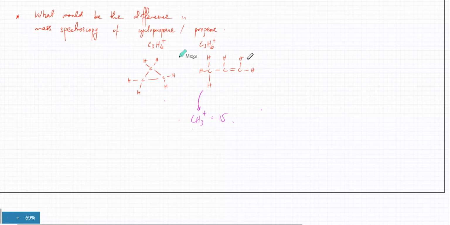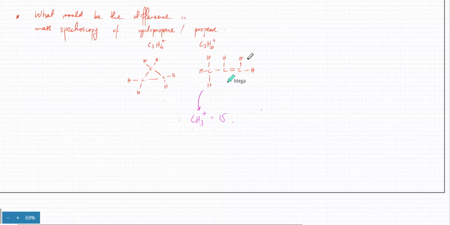29, just a second. Is 29 possible over here? Like if I go for a bigger piece, what would be the mass? 2 carbons and 4 hydrogens. 2 carbons and 4 hydrogens is also possible over here. Okay, so they will have the same mass. So that is definitely not correct.